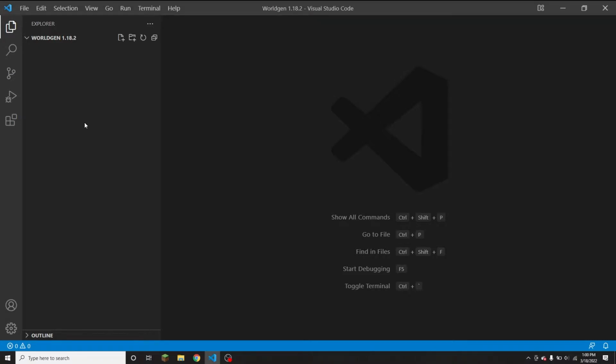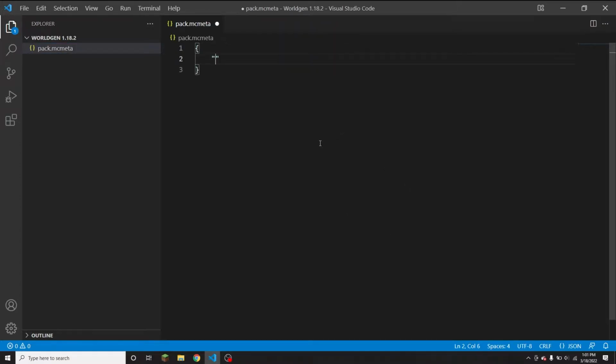So of course, the first thing that you're going to need for a data pack is a pack.mcmeta file. I'm just going to create a new file and of course name that pack.mcmeta. Of course, you're going to need curly brackets and a quotation mark saying pack, colon, curly brackets, pack underscore format. This is going to be 9 because we are working with 1.18.2. And then description, you can make this whatever you want. I'm going to make it